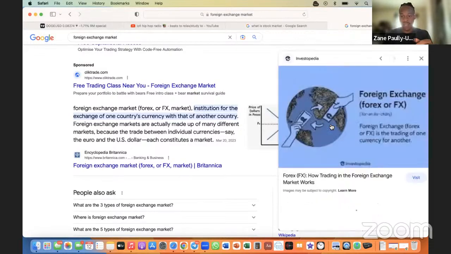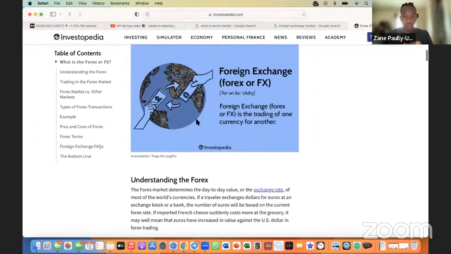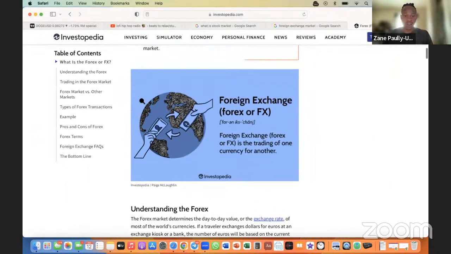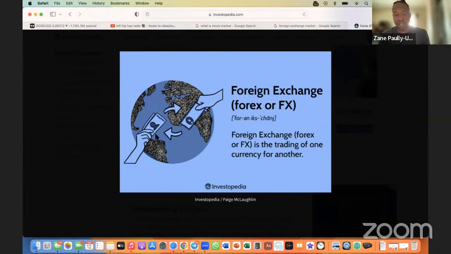As you can see in this image right here, let's use this image, for example. This is all on the internet, guys. This is literally all on the internet. So look at this person on the left, Sam, who lives in the United States. Sam wants to go to Europe, London. For example, he wants to go to Europe. So he took his US dollar